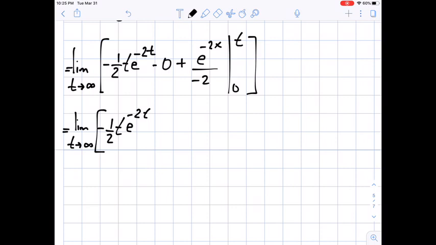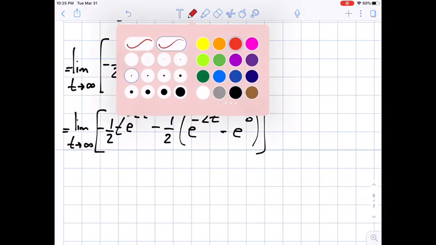The minus 0 is gone. We have minus 1/2, which we can take out at the start, and then we're going to have e to the negative 2t minus e to the 0, and e to the 0 is going to be 1. That's fine. And then we have to take here the limit as t approaches infinity, and we recognize that we